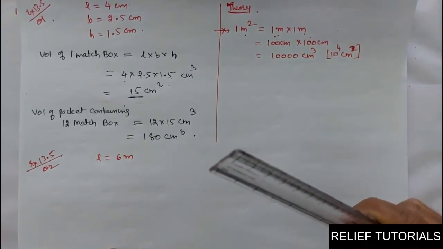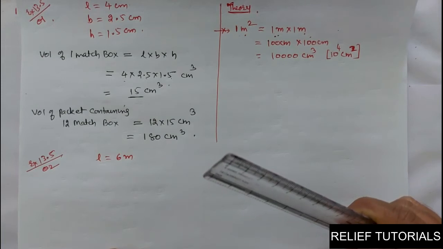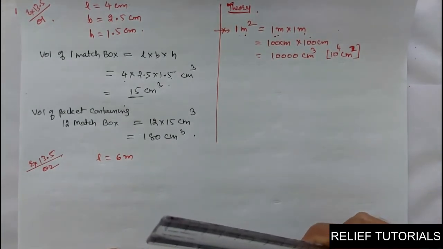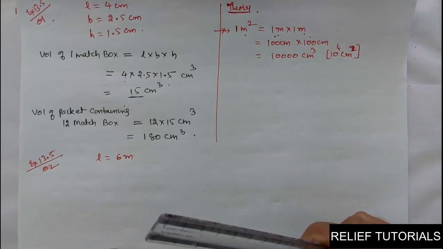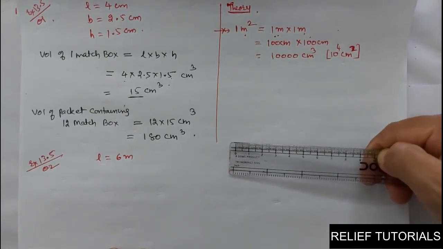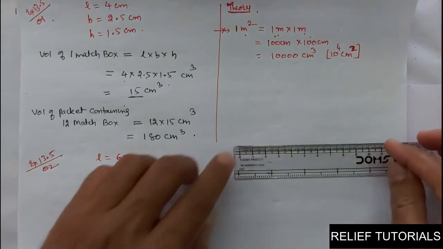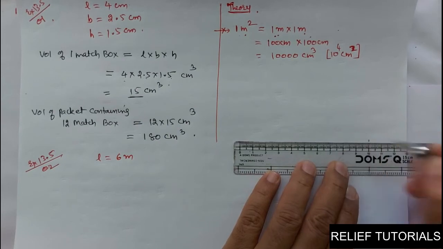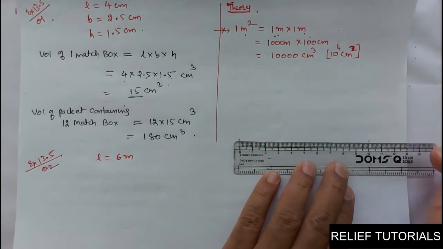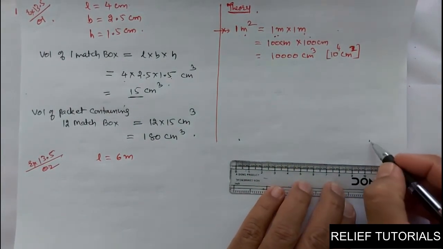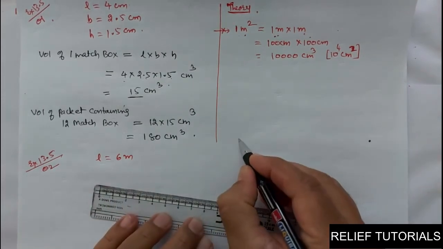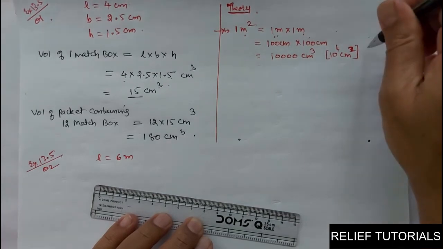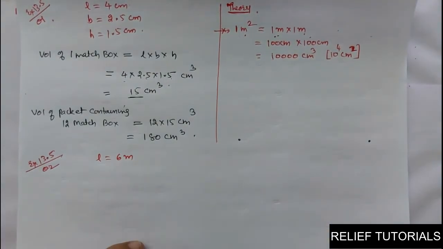We will do one activity in maths also. Generally we do it in science, but we will do it in maths. Prepare one cubical container with cardboard and tape. Take the length of the cube as 10 centimeter, this much. From here to here it is 10 centimeter. So length should be 10 centimeter, breadth also 10 centimeter and height also 10 centimeter. That container will hold 1 liter of water.